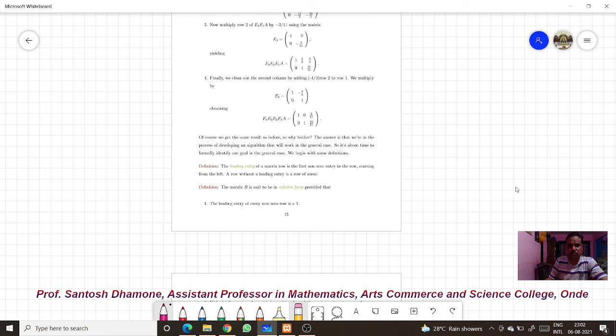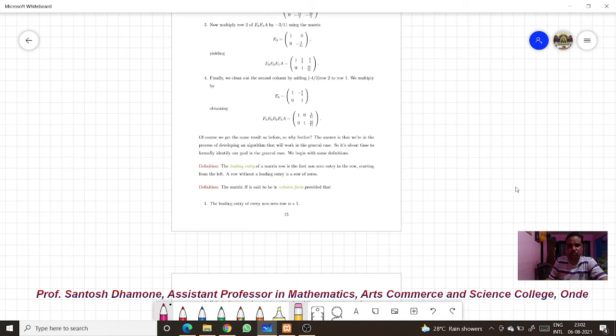Suppose this is the ith row, where this entry is 1. Then the next row is i plus 1, and this says that the next row is not a row of zeros. Then the leading entry of row i plus 1 is in position k plus j. That means this is the kth position. The next leading entry comes after zero entries, and the other entries may be 0 at any position. That is the k plus j position.